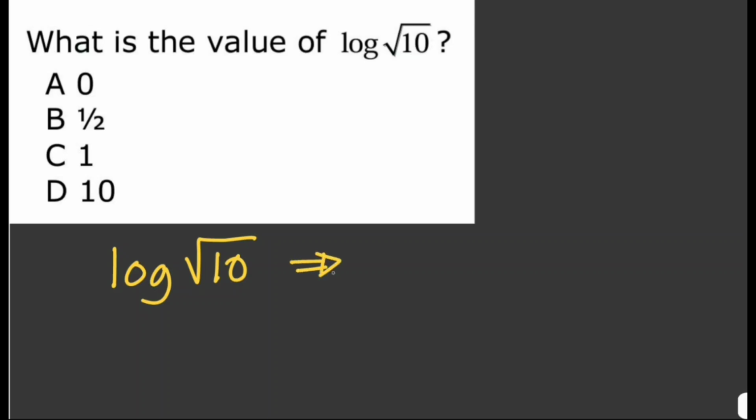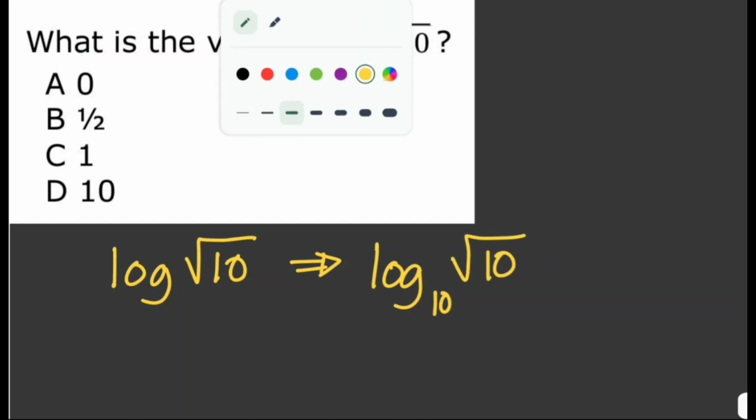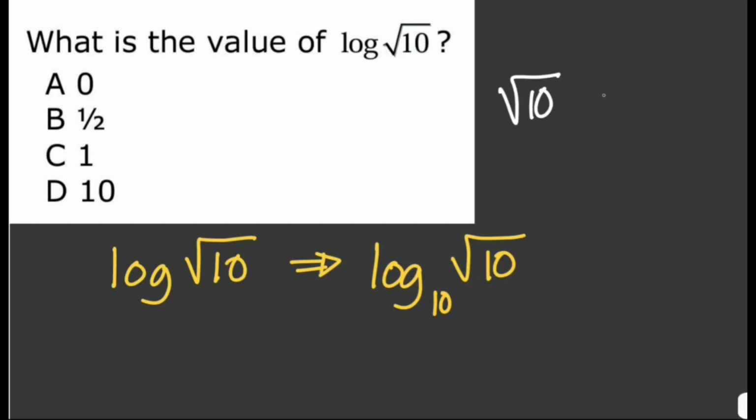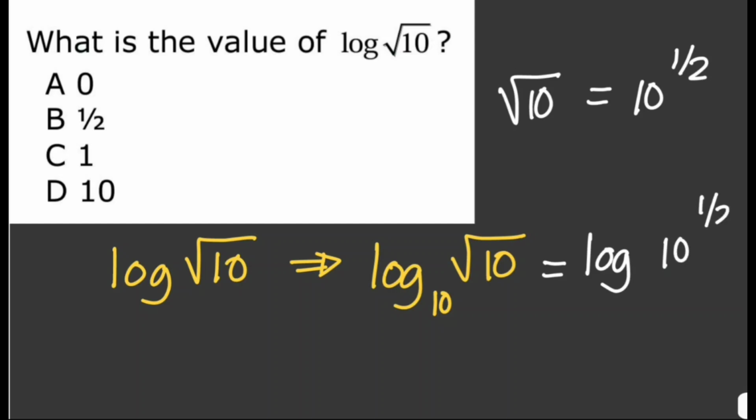So this is just logarithm of square root of 10 to the base 10. And then we can write square root of 10 as 10 to the power of 1/2. So we can write this as the logarithm of 10 to the power of 1/2 to the base 10,